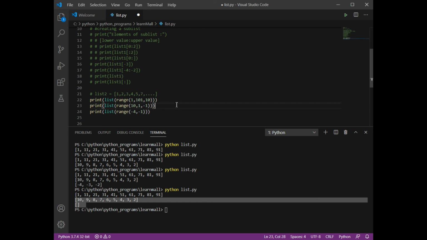Okay, so this is how you can display specific values from your list, or create a list using the range function. But you need to keep one thing in mind, that whenever you are dealing with the range function, you are going to create a list of numbers. Okay, if you want to create a character list, you need to type that by yourself. Suppose I want A, B, C, D, E, F, then I need to do that. Okay, because the range function works with numbers.